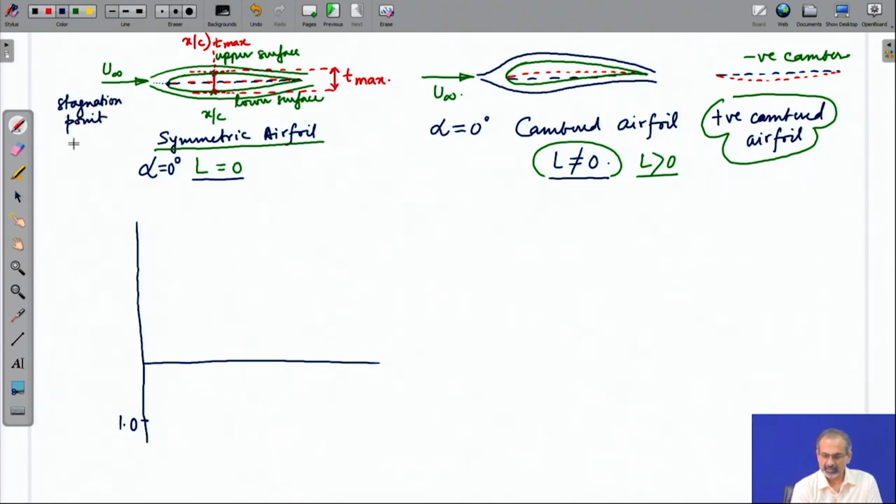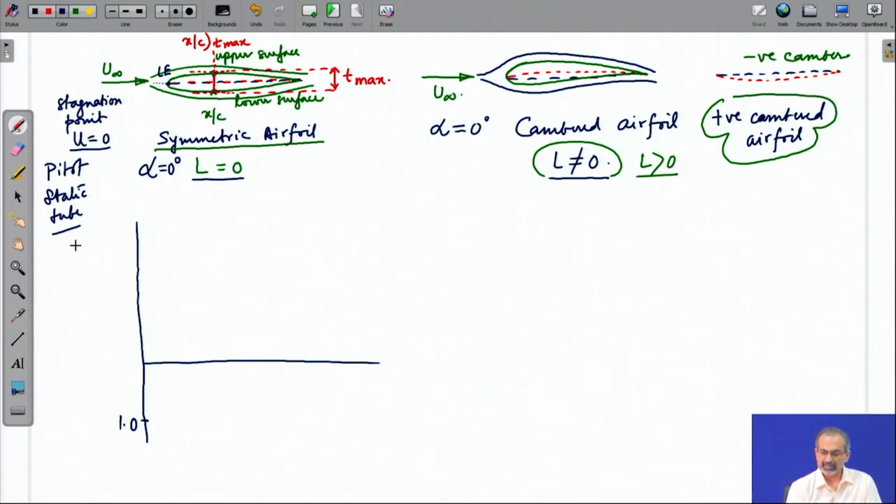What does that mean? It is where the local velocity becomes 0. We discussed it in the context of the pitot-static tube in a previous lecture. We had talked about a stagnation streamline and a stagnation point at the end of the orifice which was facing the flow directly. So, the leading edge of this airfoil has a similar stagnation point where the flow goes to a 0 velocity,